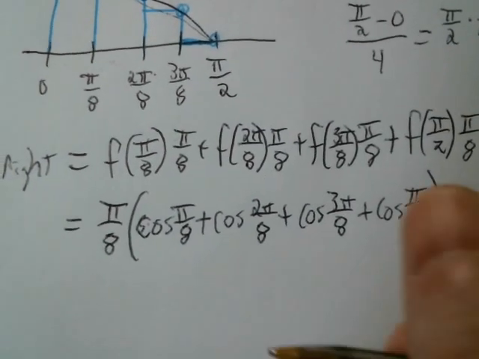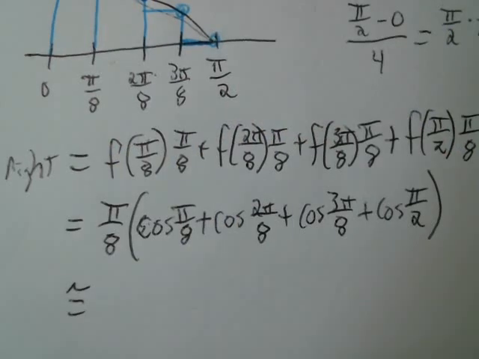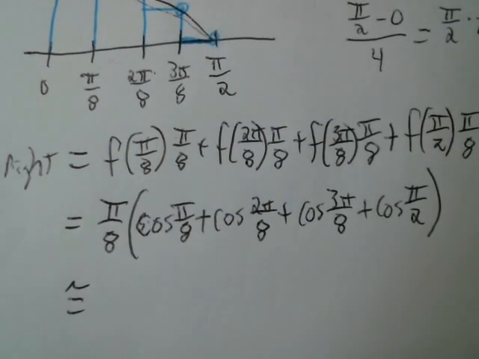Okay, and then you just plop that into your calculator and get your approximation. And that's one answer. So let me zip over to my calculator, make sure you're in radians. Pi over 8 times cosine of pi over 8 plus cosine of 2 pi over 8 plus cosine of 3 pi over 8, of course,